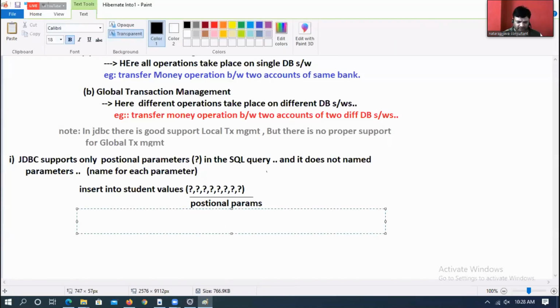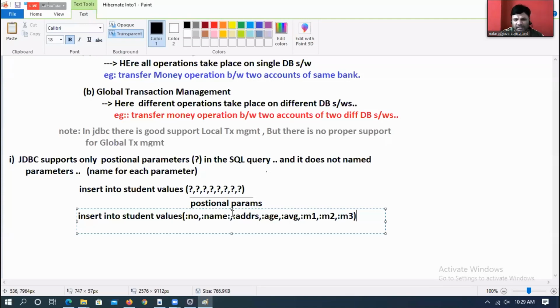Suppose I have written it like this: insert into student values, colon number, colon name, colon address, colon is, colon average, colon marks1, colon marks2, colon marks3. The colon followed by a name is the syntax of a named parameter, which JDBC does not support, though other frameworks do.